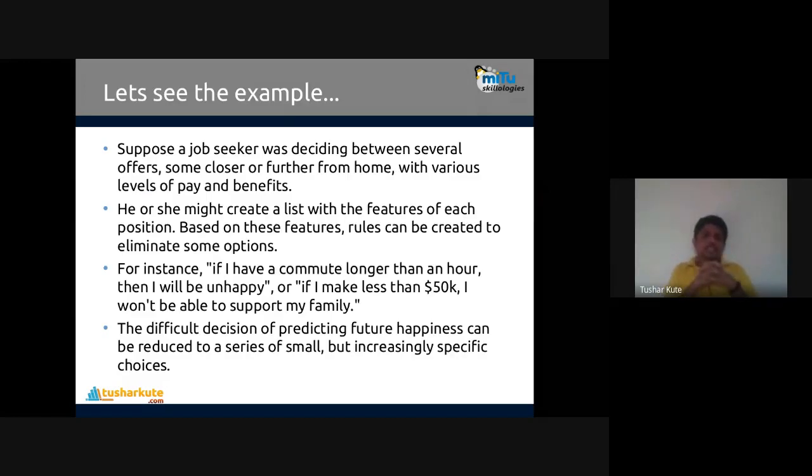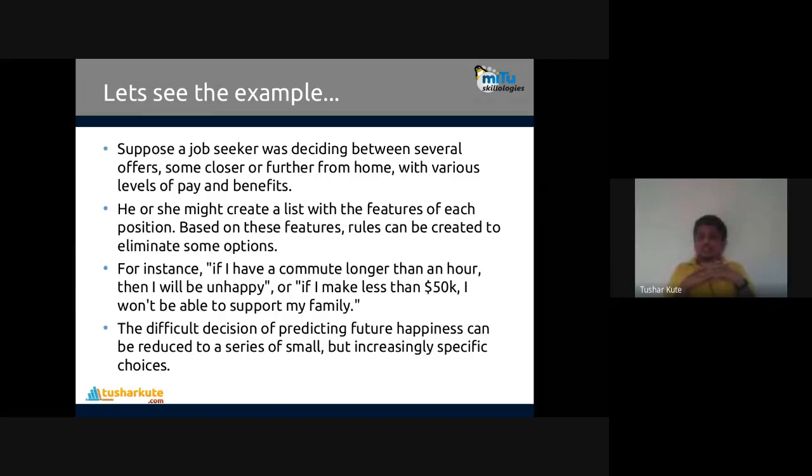Suppose a job seeker is deciding between several offers. He has many offers in hand. Some are closer or further from home, with various levels of pay and benefits. Some are very close to home but the pay is not good and the duration is very long. Some are away from home, the pay is good, but you have to waste 2 hours to reach there.